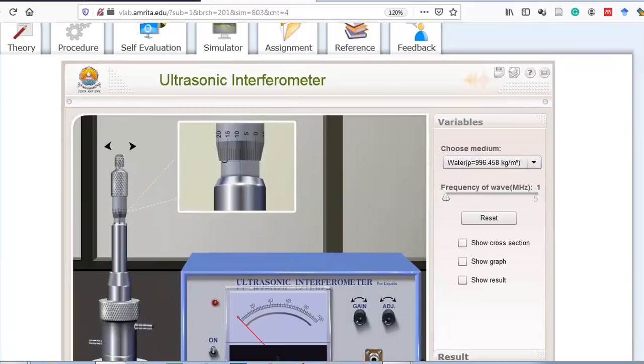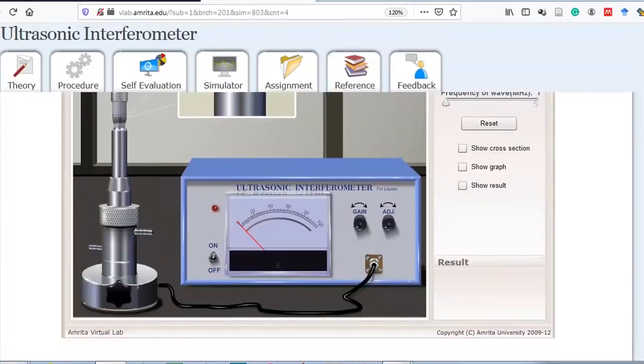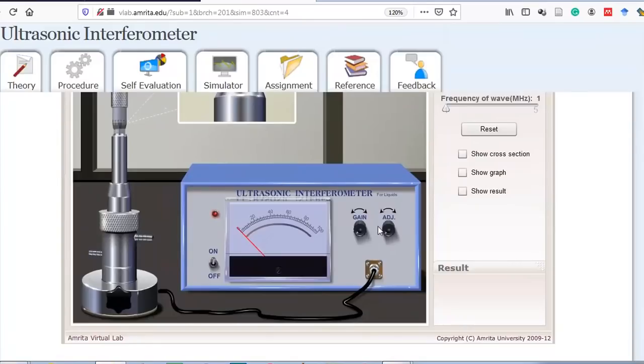But before that, if you remember, somewhere in the procedure I gave you the idea that you need to set these 2 tabs you see over here, the gain and adjustment value. So how to set them? If you remember, they told you that the adjustment value always has to be greater than the gain. So first let's set the gain. Let me set it. You click on this button. You see on the screen.